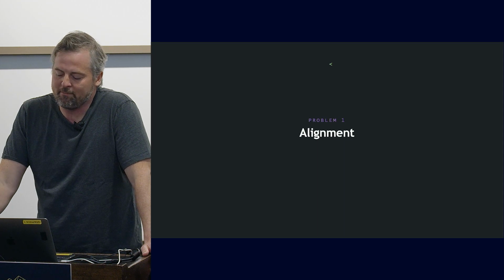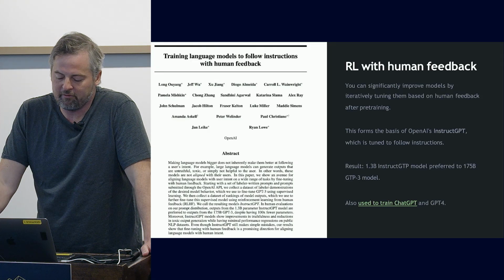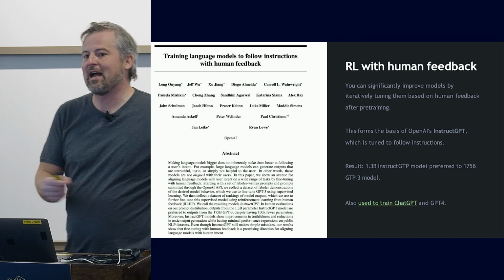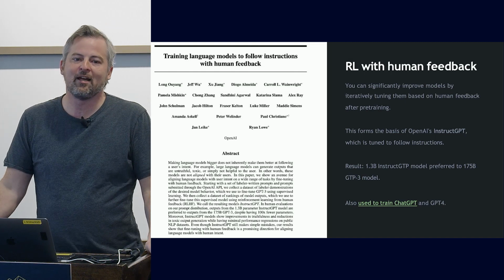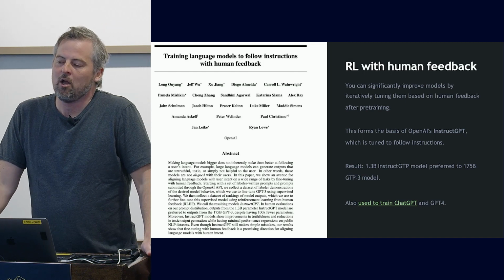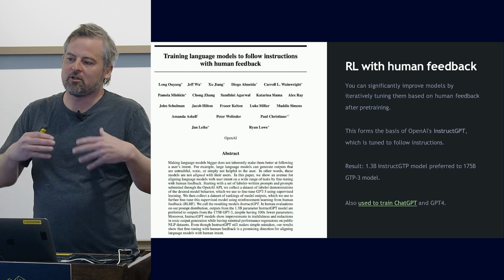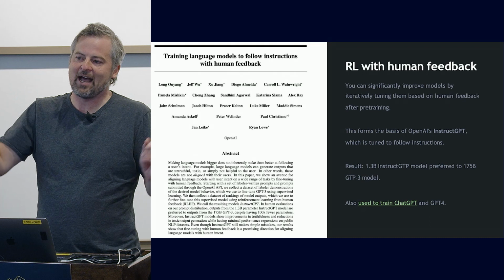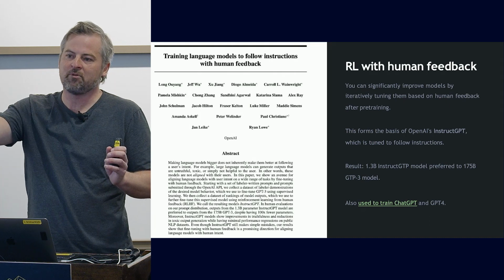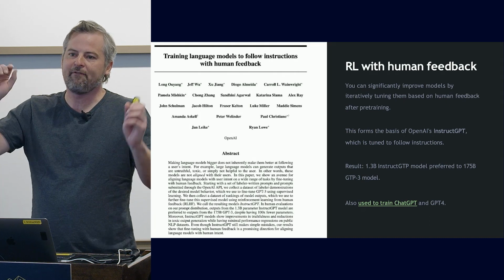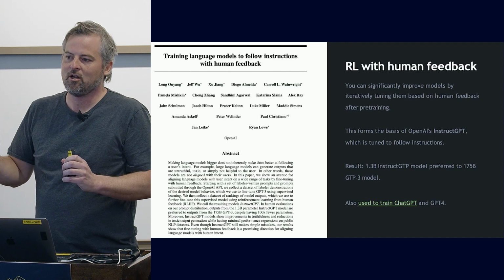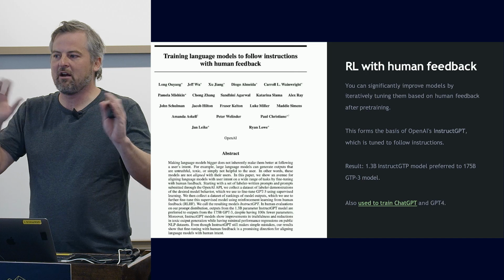There's a bunch of papers on this. There's a bunch of ways to do alignment. One thing to be aware of is this idea of reinforcement learning with human feedback. I simplified how OpenAI and ChatGPT work by saying it just generates the next token. What they found is, yes, generating the next token is great, but if you just use that, what it means is that if you put in a prompt, you should think of the completion as: if I found this text on the internet, what would likely come next, right? And that is a very weird thing.